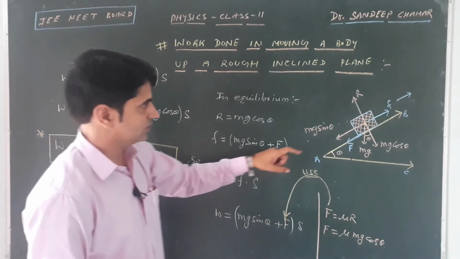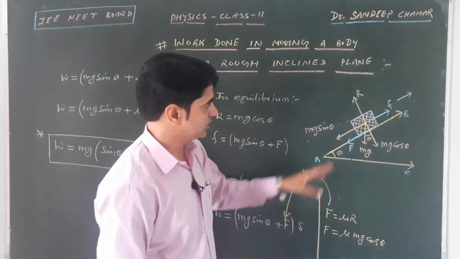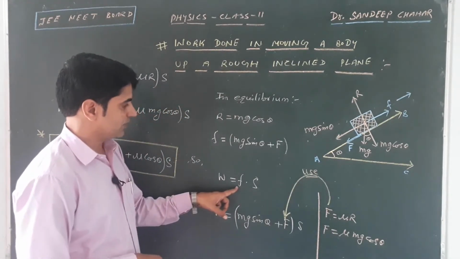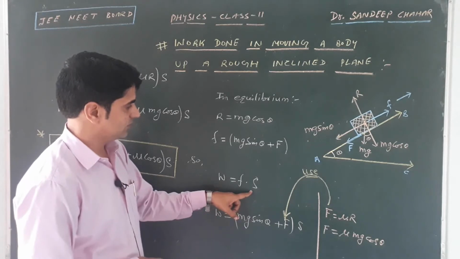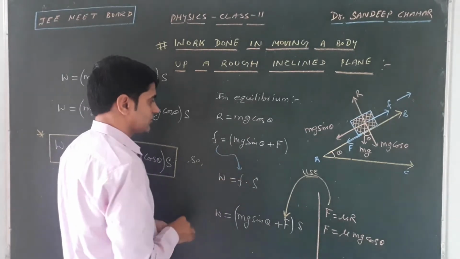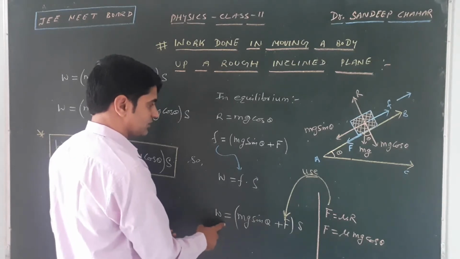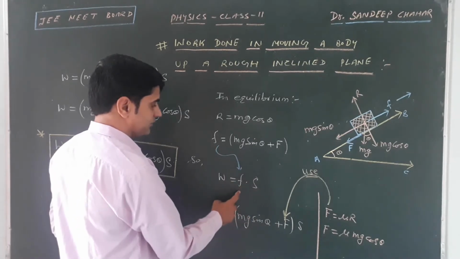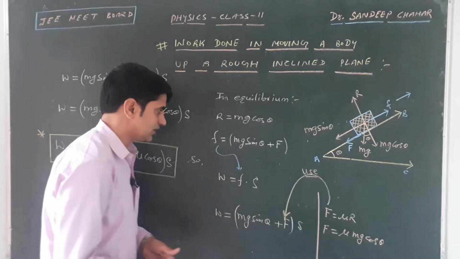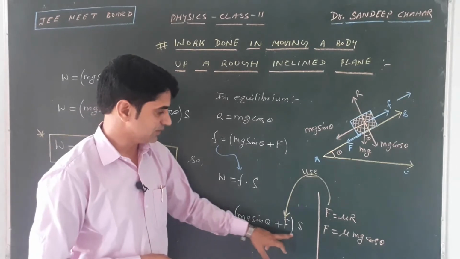Suppose that on applying the force F in the forward, upward direction, the block moves some distance in the direction of the force. The amount of work done equals force applied times distance moved. The force F should be at least equal to mg sin theta plus the force of friction. So work done equals mg sin theta plus friction force, into the distance moved. That is, work done equals mg sin theta plus F, into the distance moved.